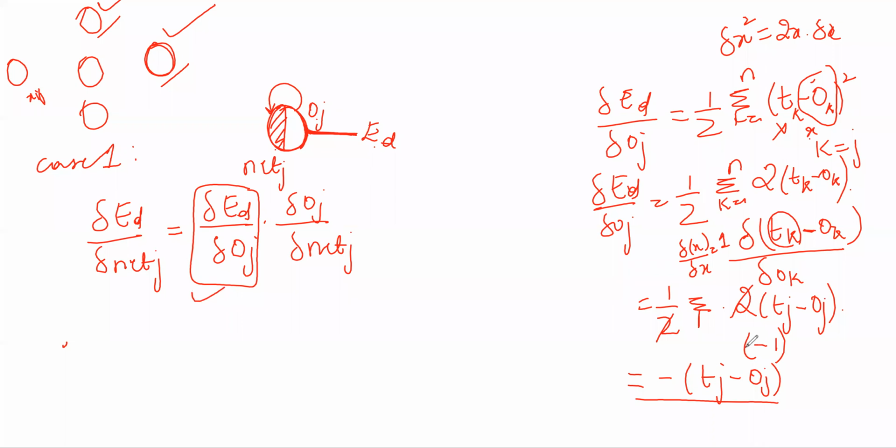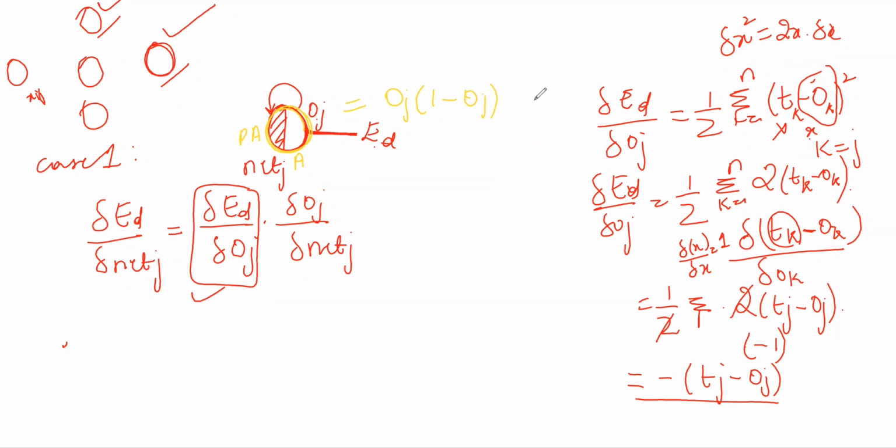But what about the second one? As I told you, this is completely one particular neuron. This entirely is a neuron where it has an activation and a pre-activation function. Normally there is a whole derivation that has been done to identify the value of one particular neuron. It can be any perceptron or any neuron. So the value of this is basically going to be OJ into 1 minus OJ.